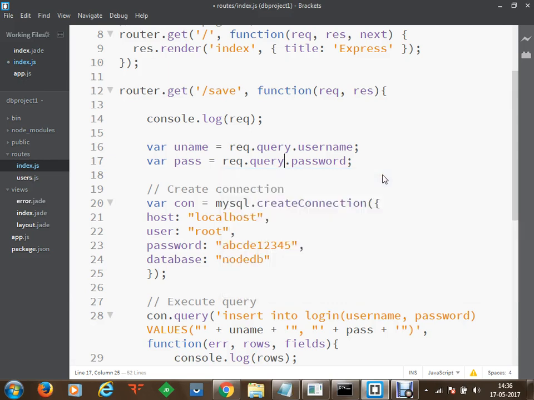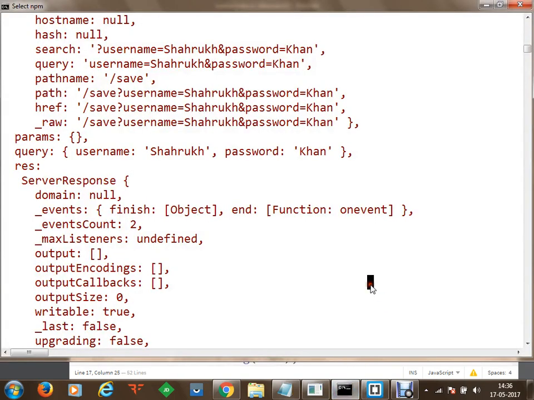So instead of reading the parameters field, this time we will be reading the query field, and then we are going to store the information which we are receiving from a form in the default request format. Now let's say we have saved it. Now I would like to start my application again.